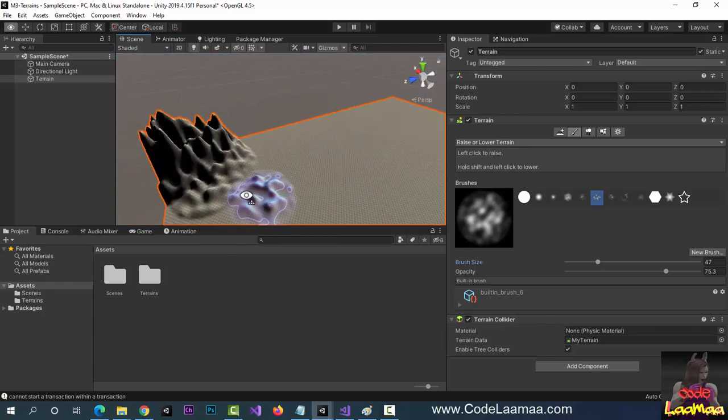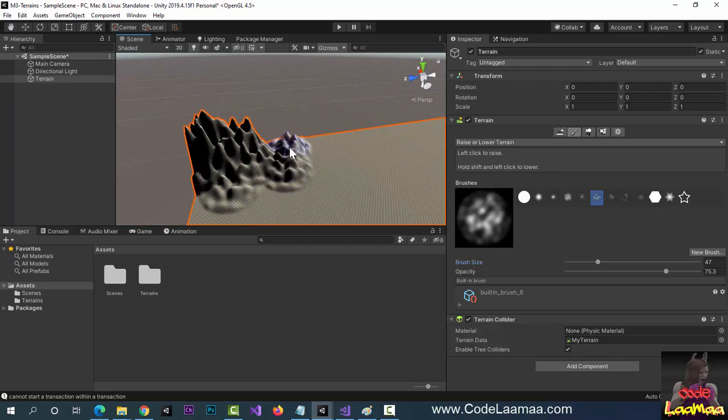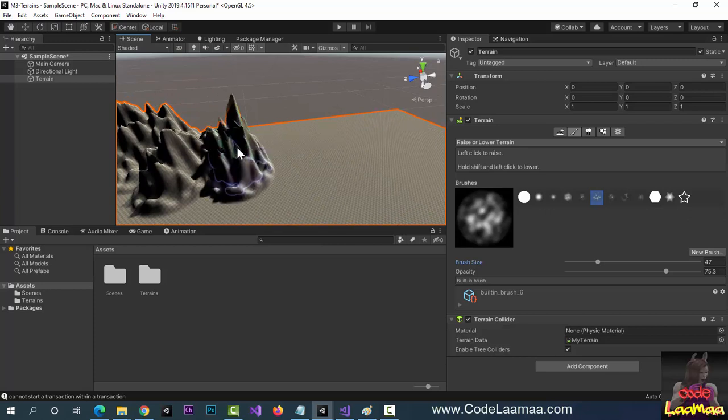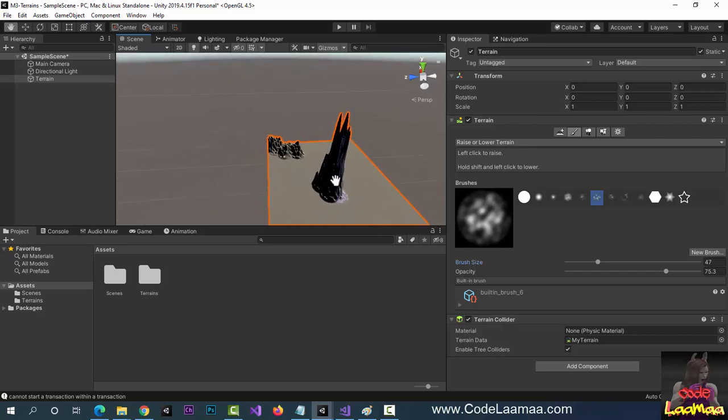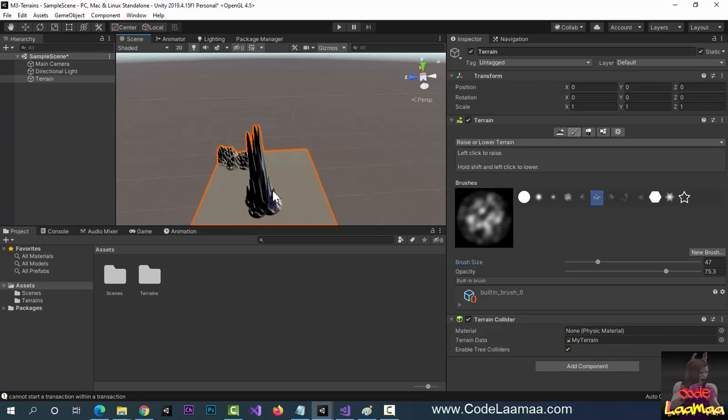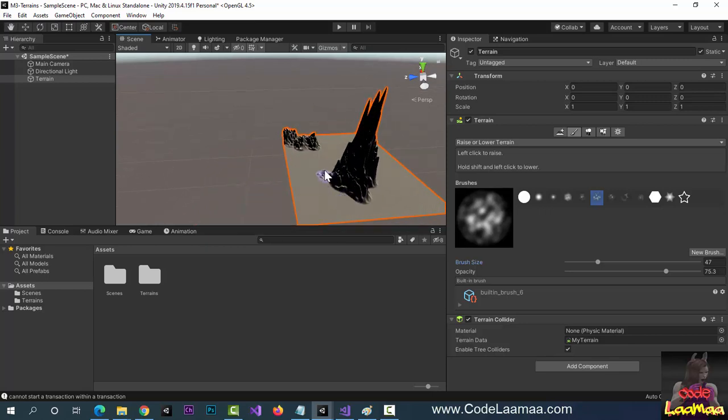Now I'm just left clicking with my mouse and just stamping, clicking, and then maybe I'll just do a nice one there. Raise it. You know what? Let's put like a giant mountain right in the center. Let's see how big we can go. Right? I'm thinking Lord of the Rings here, like the Eye of Sauron there. So I have like a giant citadel right in the middle. All right, so we'll have like a giant. Okay. And around it,